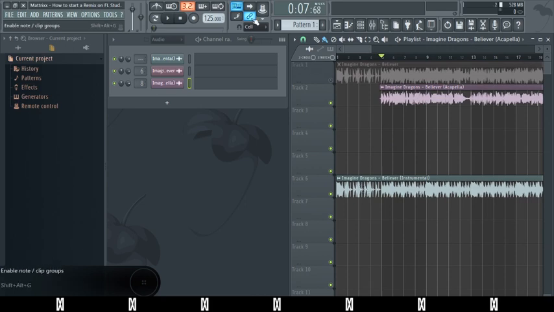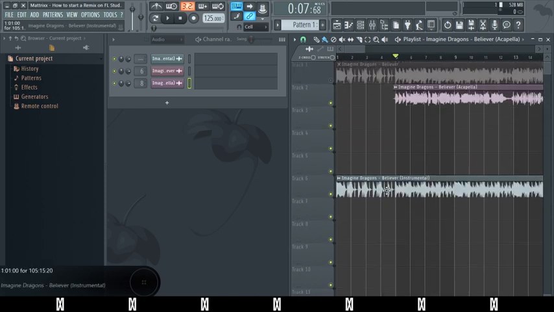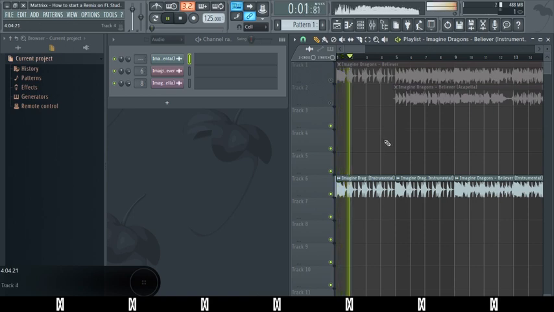So bringing it back to 125, I'm gonna talk about why I have this instrumental here. The reason I brought it in is because you can use this if you wanted to cut a loop, like if you were using the original song or just the acapella, and you wanted to loop a part of it. Let's say I just wanted to loop the intro, right? So, and then I would loop right here,